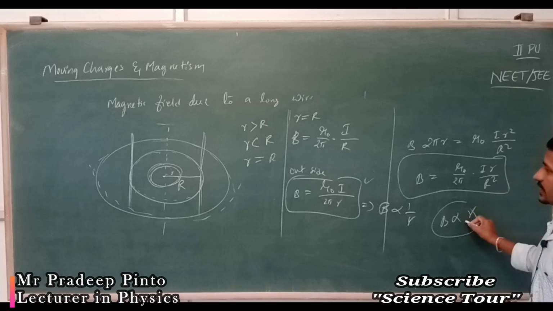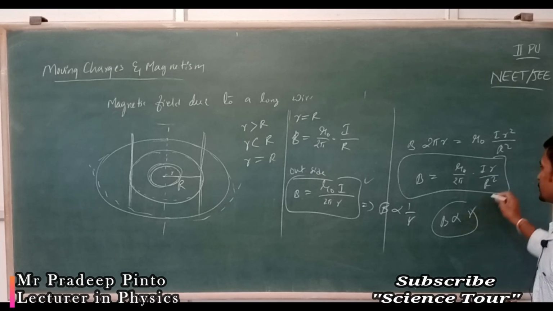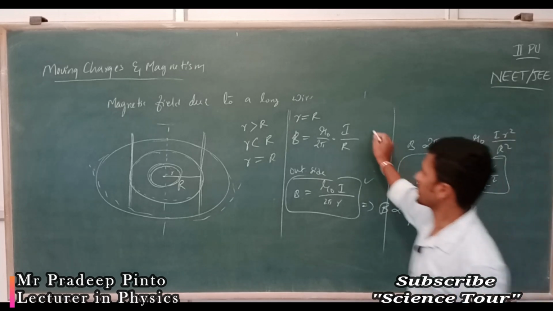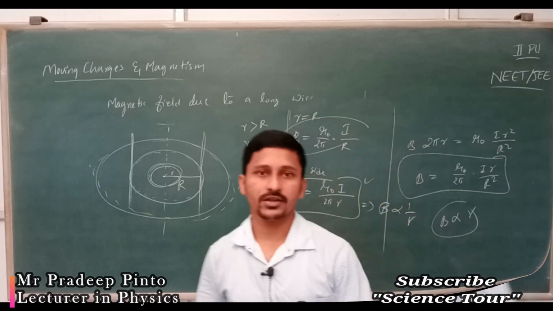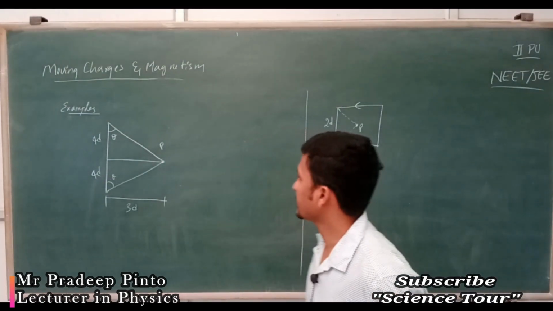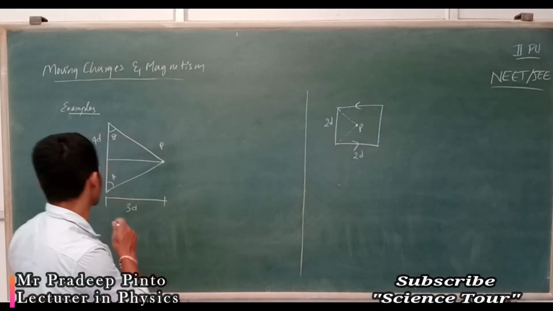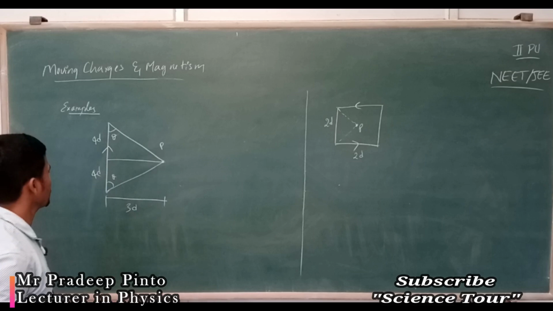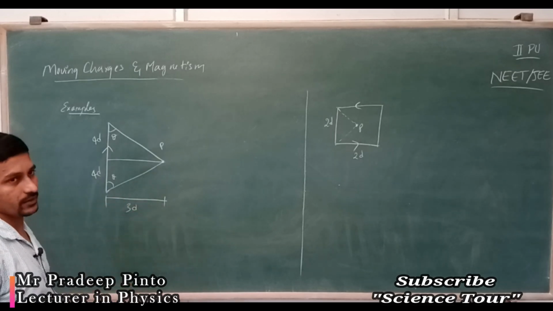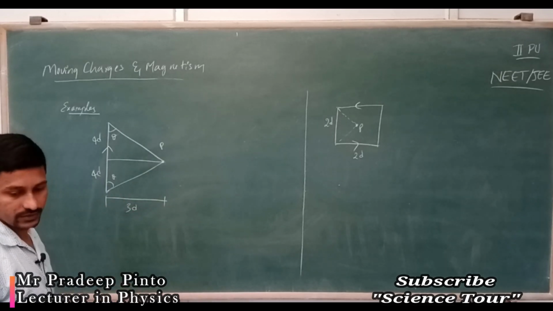So this is a very small variation, and this is the value on the surface that we have to remember. We are going to talk about some examples. So what I have written here, generally this much they are going to give, and they will ask you to find the magnetic field at P. Now which equation can we write down?